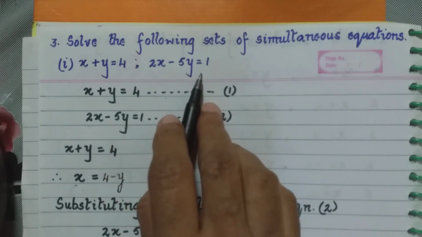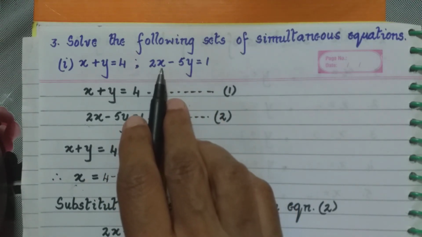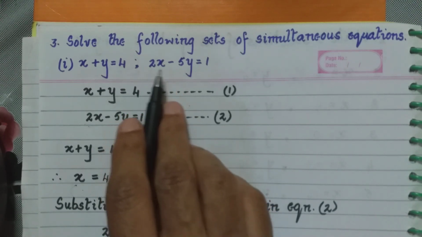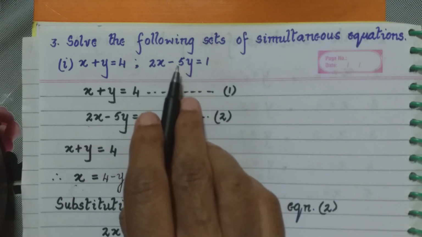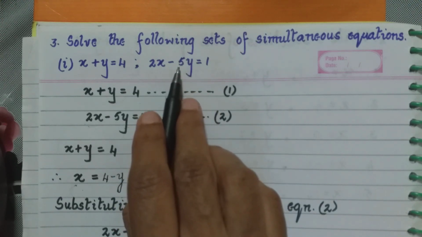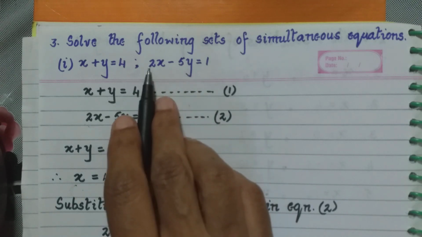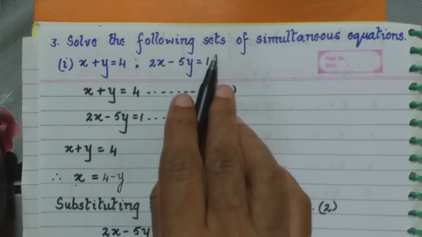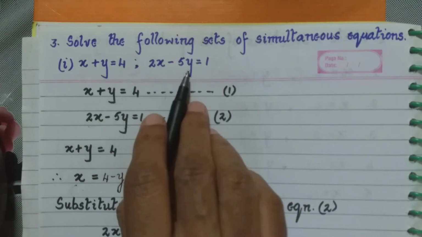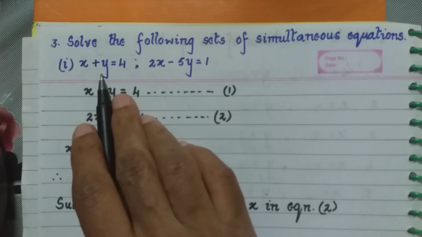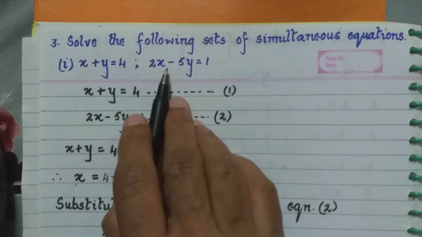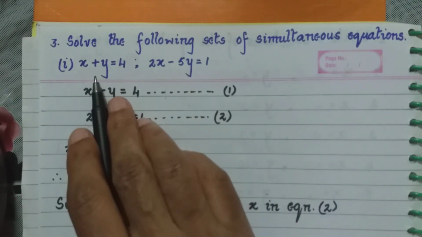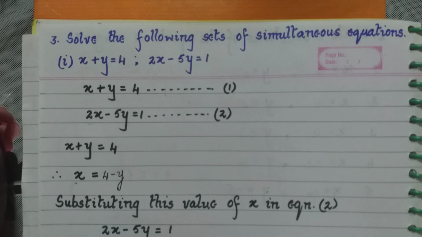Going to the second equation, 2 into 3 is 6. So, in place of x we put 3. So, 2 into 3 is 6 minus 5 into y, which was 1. So, 5 into 1 is 5. So, 6 minus 5 is 1. It is the same as the right hand side, which is 1. Therefore, you see the values which we have got, 3 and 1 in place of x and y, will satisfy both these equations because what we get on the left hand side is the same as the right hand side.